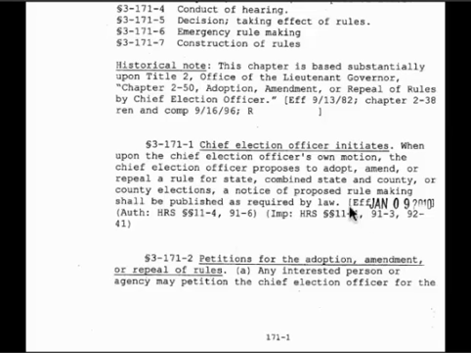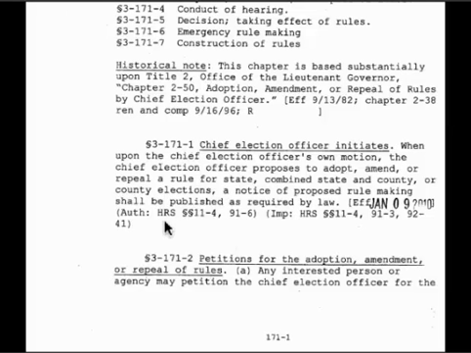In the brackets, the EFF stands for the effective date. This is the date that this rule became effective. Here it's January 9th, 2010. Then you've got 2 links here. One is the auth section and one is the IMP section. They do different things. They tell you different things.